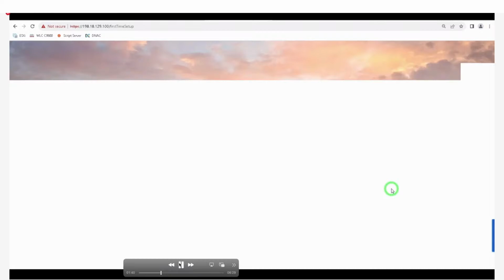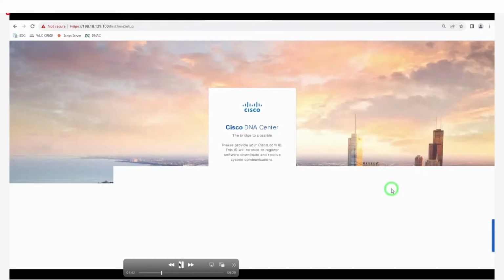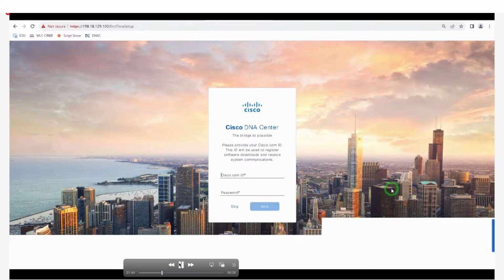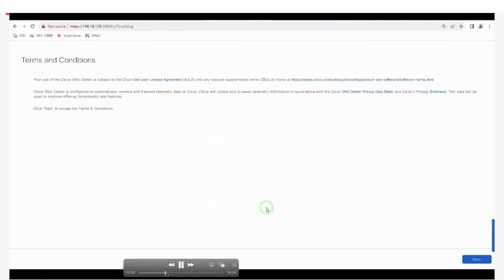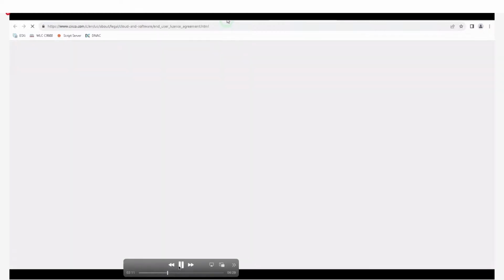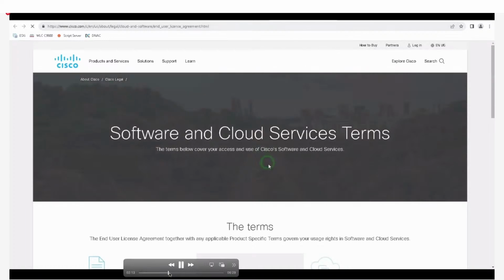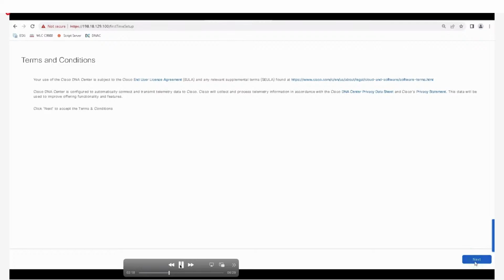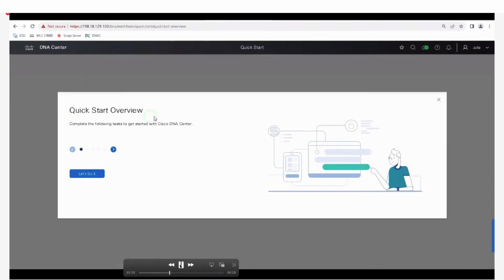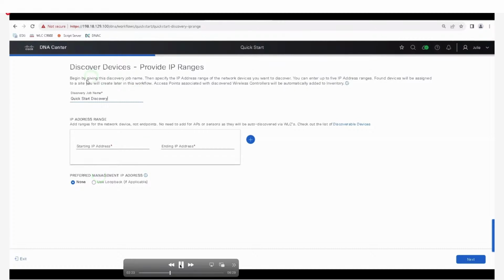So now our DNA Center is ready. We can start by adding our cisco.com ID and password, and we can accept the end user license agreement. Click on next. We can get started with all the initial configurations, like we can start with the device discovery, and we can